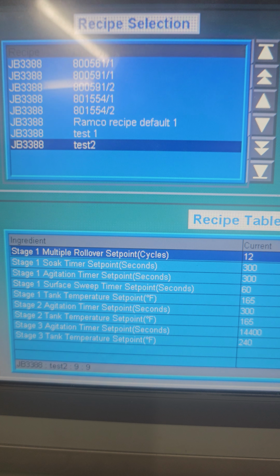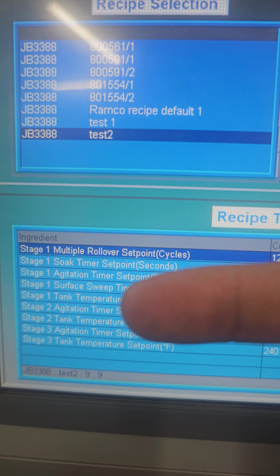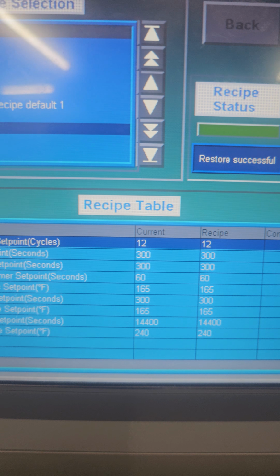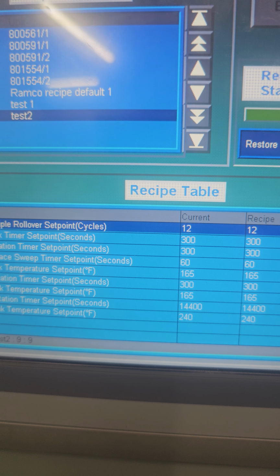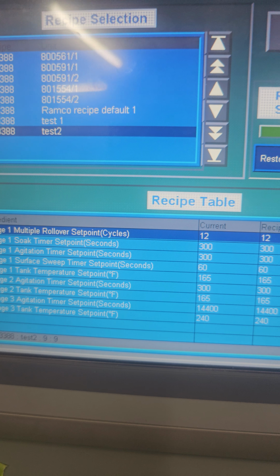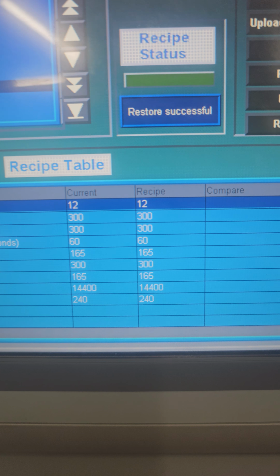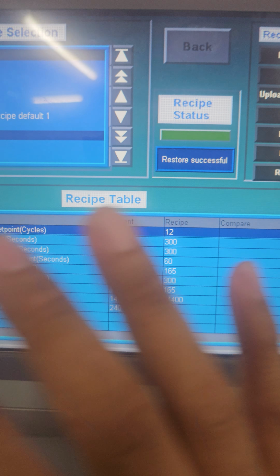For the temperature, it's the same thing. Stage 1 tank temperature, stage 2, and stage 3. For stage 1 and 2, which are wet stages, you can only set it up to 200 Fahrenheit, a minimum of 35 Fahrenheit. Stage 3 is a dryer, the maximum goes to 250 Fahrenheit, a minimum of 35. So once you are here,